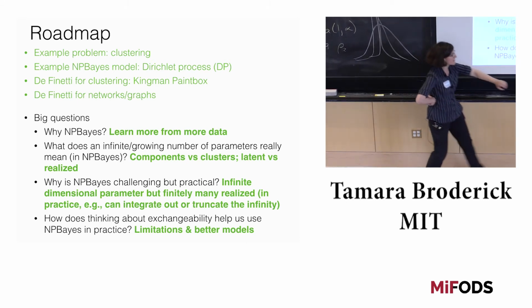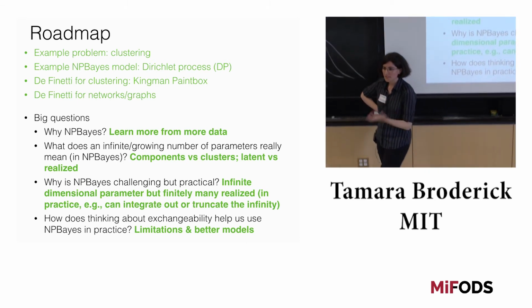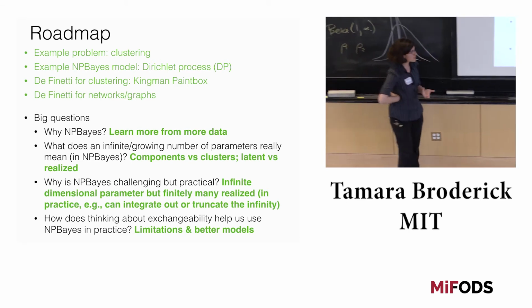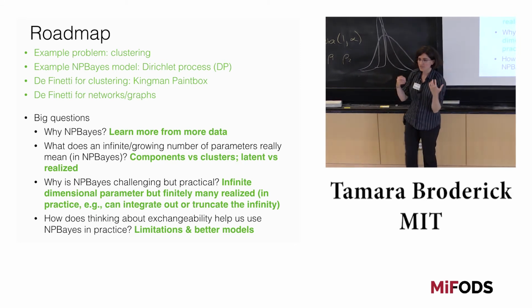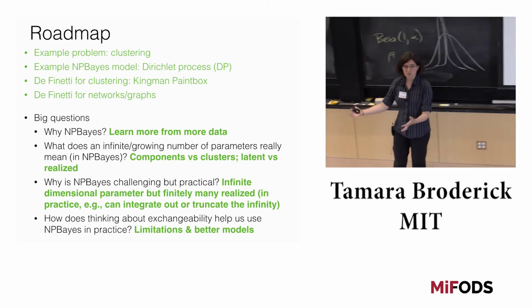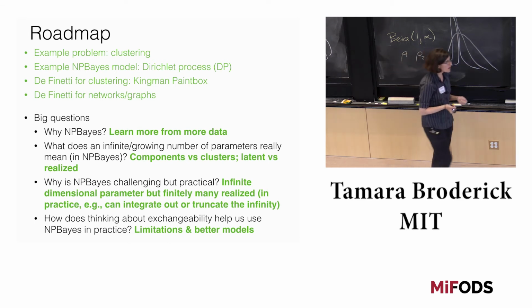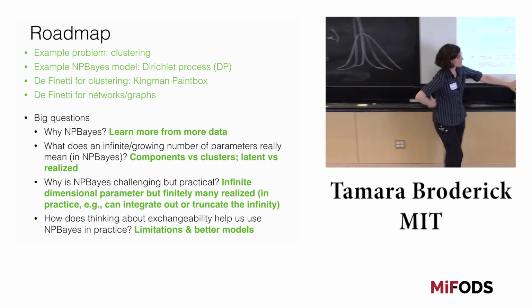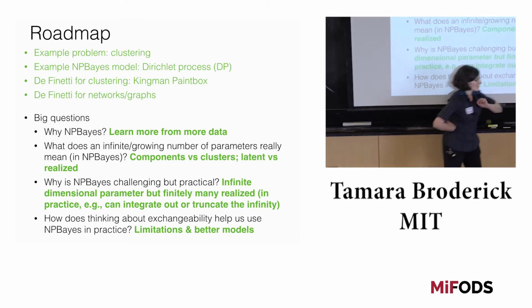And so finally, how does this help us think about non-parametric Bayes and Bayesian inference? Well, it helps us understand some of the limitations of these methods. What are the assumptions that are going into our non-parametric Bayes, our Bayesian methods? We could say something about all exchangeable cluster models at the same time. We could say something about all exchangeable network and graph models at the same time. And so we don't have to just keep coming up with models and think about, are they going to be useful? We know that if they're in a certain framework, they might not be for a certain point. And so that'll help us develop better models going forward.